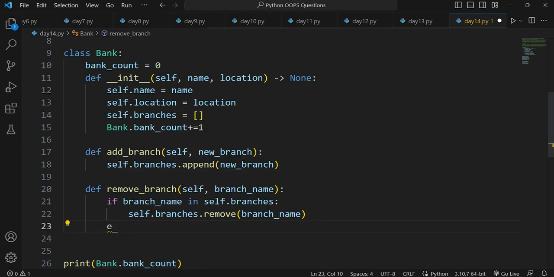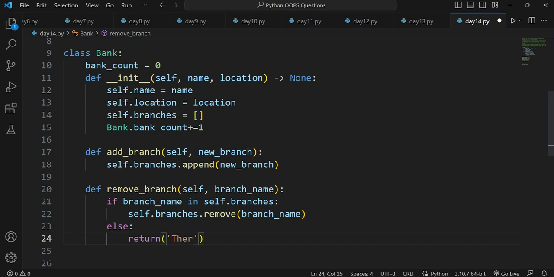Else, return me an error: there is no branch as branch name in our branches, and we will be putting an f-string here, of course.